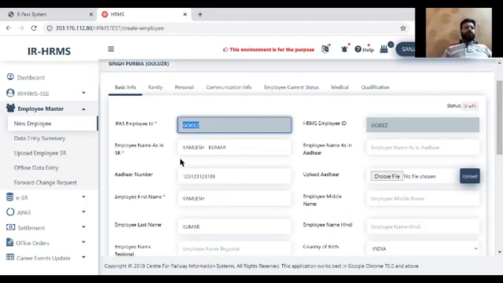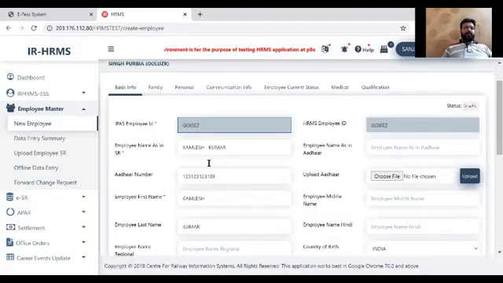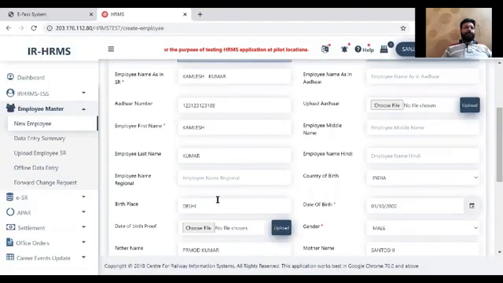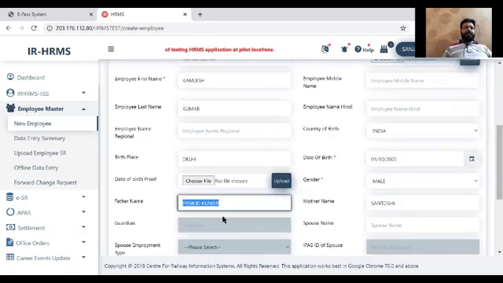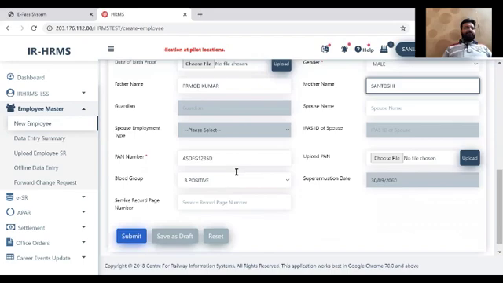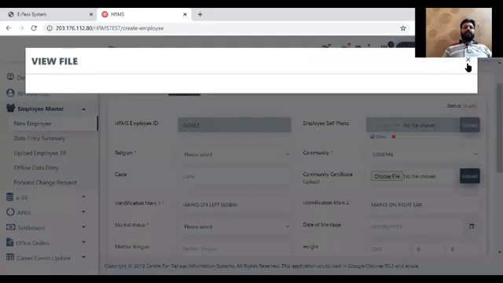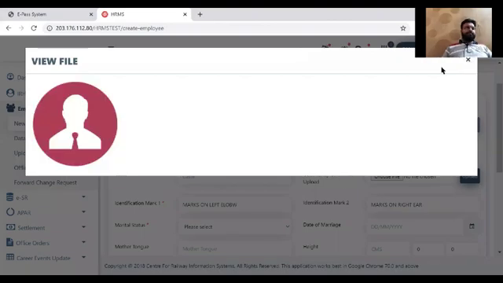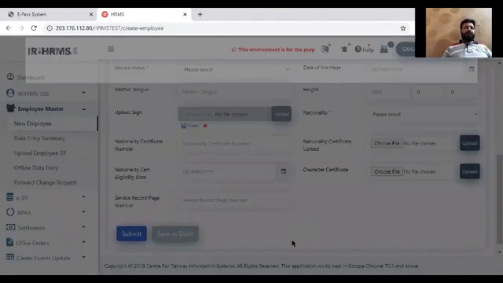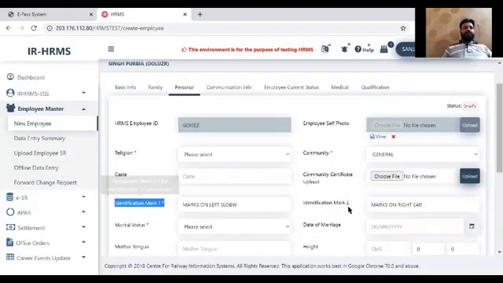So let's see what information we have. We have employee name here, Aadhaar number, first name, last name, father's name, mother's name, PAN number, blood group. All the information that we have entered is here. In personal information, we have the employee's photograph that we uploaded at the time of office order generation. We have the signature copy. We have identification marks number 1 and number 2.